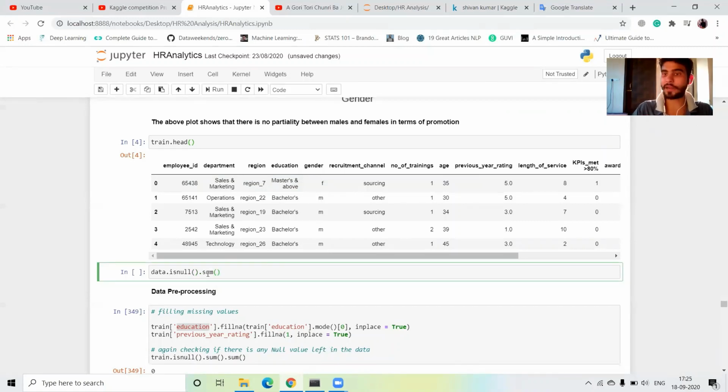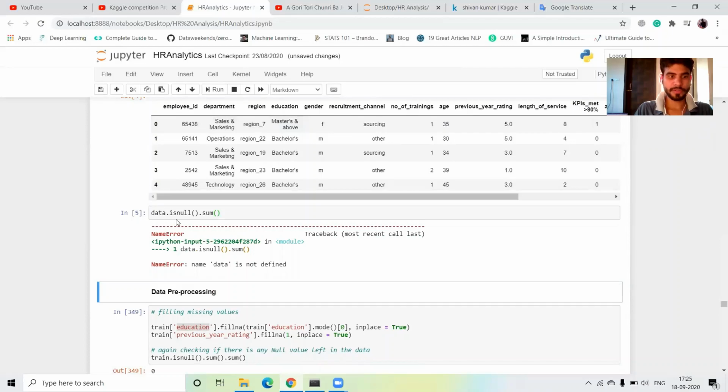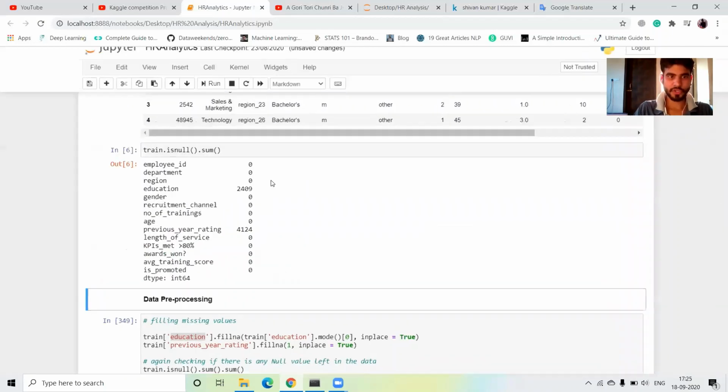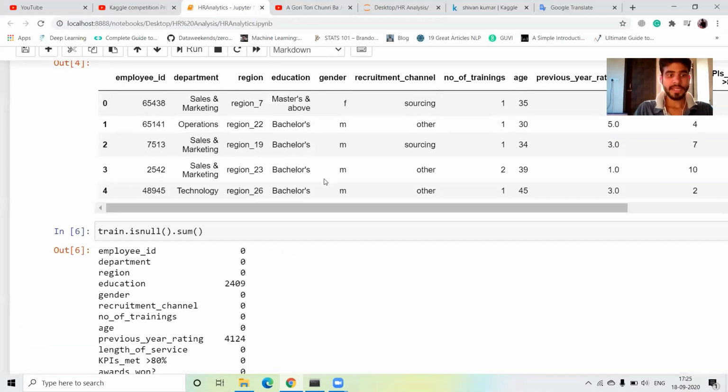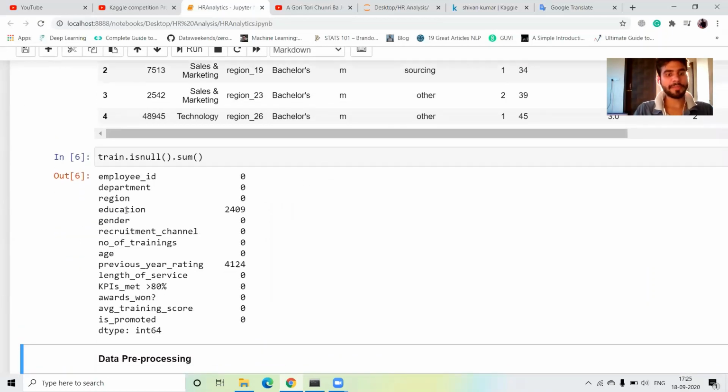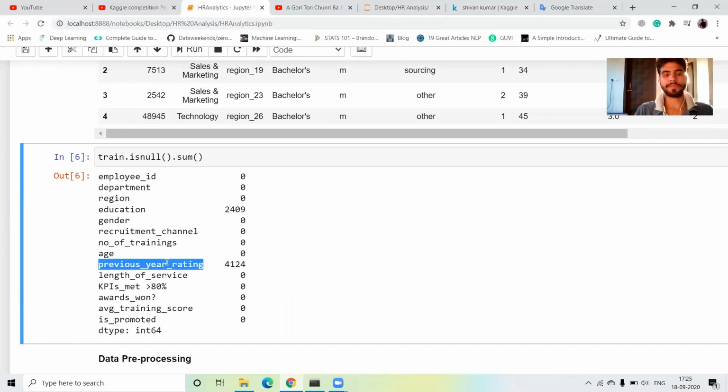We have checked our null values. In our education column as well as the previous rating column, some null values are available. In the education column 2409 rows are null, and in the previous rating column 4124 null values are available.